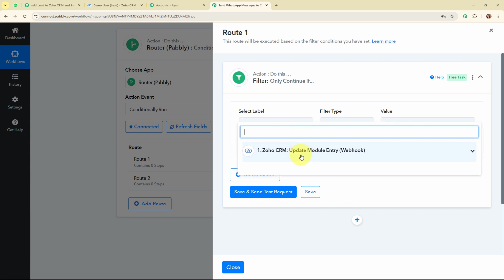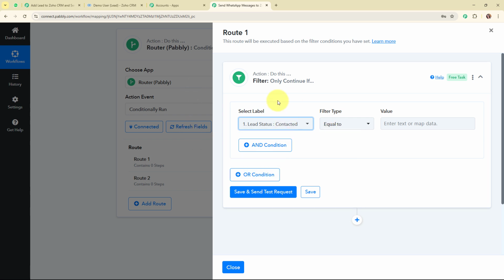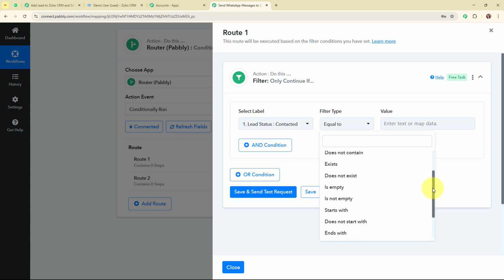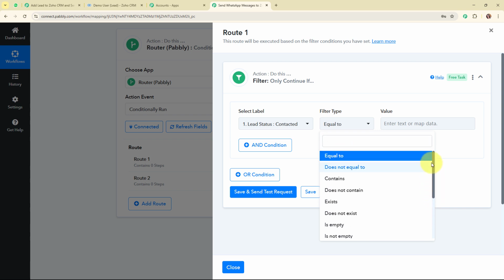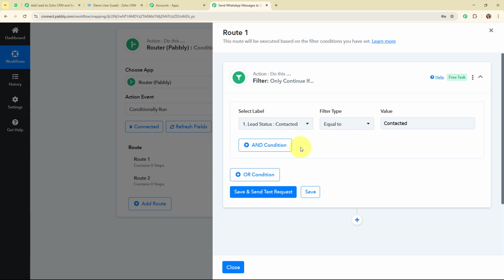So here I want to set up this particular filter condition on the lead status. I'm going to select the label as lead status, and after selecting the label, it is asking me to select the filter type. You can select the filter type as equal to, does not equal to, and some others as well. Here I want the lead status to be equal to the value contacted. So if my lead status is equal to contacted, then automatically my lead should fall in this route 1 category. Alright, now after setting up the filter condition, I'm going to click on the save